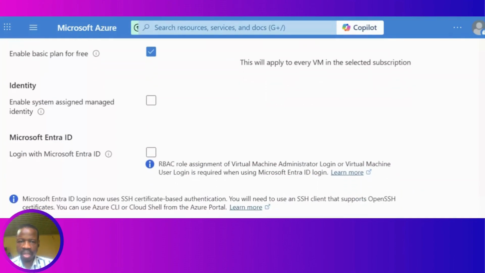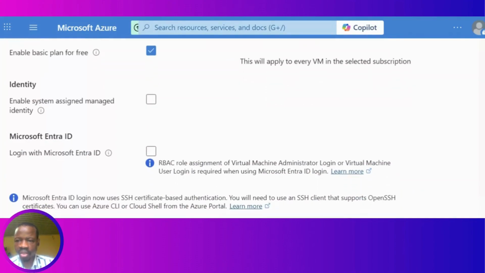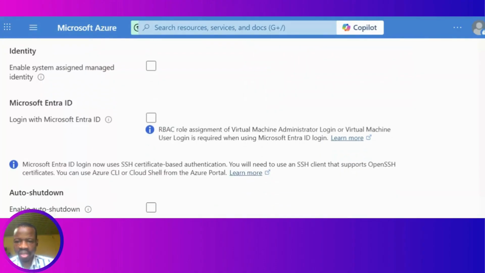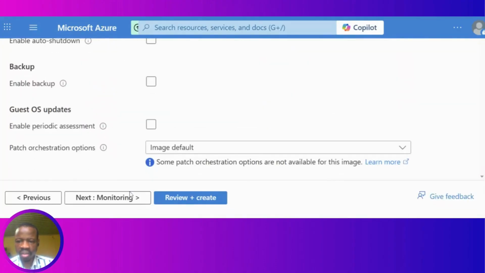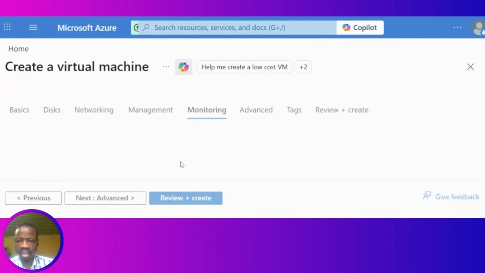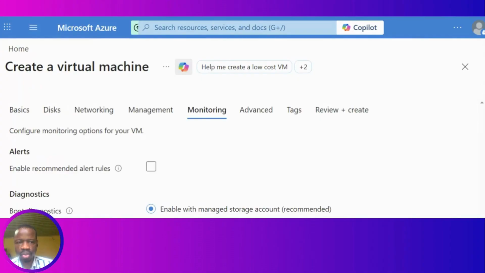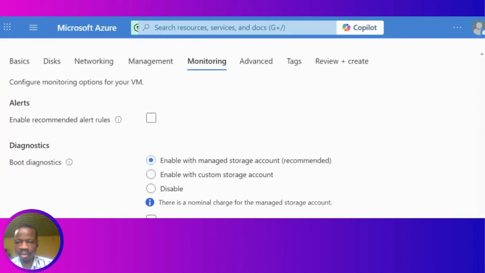This will be applied to every VM in the selected subscription. So for now, you don't necessarily need to do anything on this section. What you need to do is just to click on next, which is monitoring. On the monitoring page, you have the option to set alerts